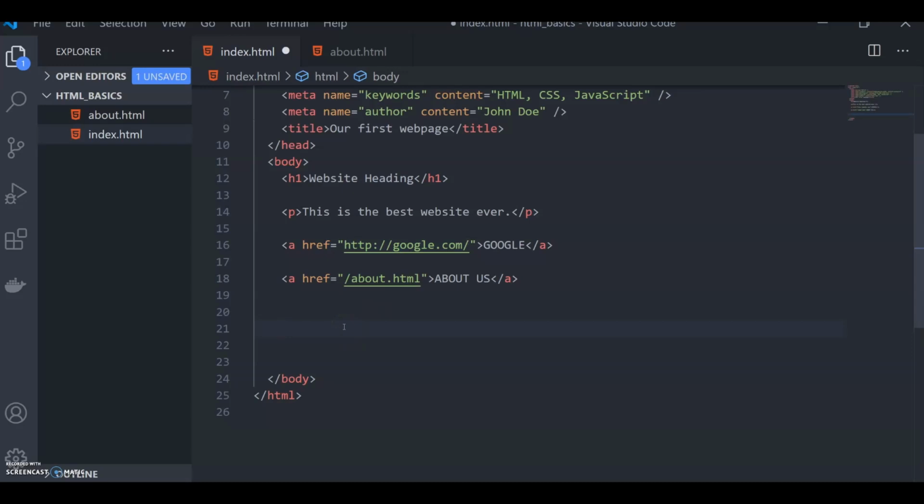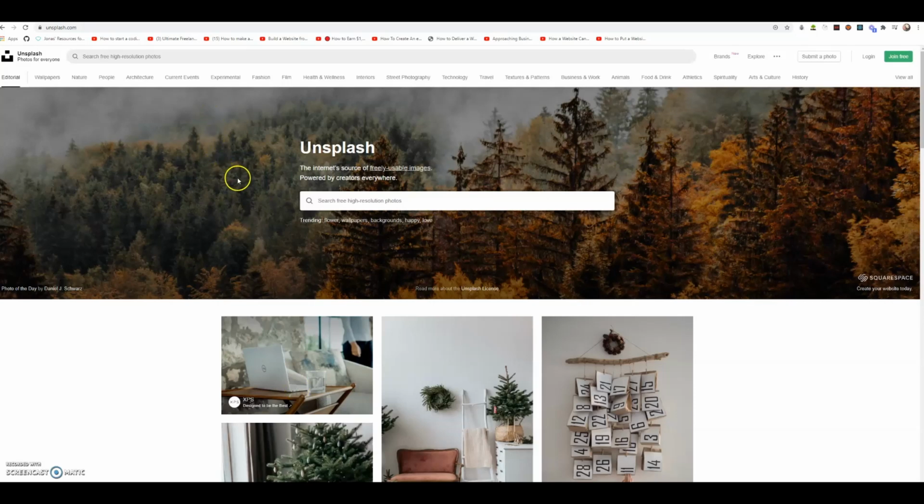Cool, so let's go ahead and add a couple of images onto our web page. And I'm going to show you guys two different ways of doing this. So underneath our tags over here, our anchor tags, I'm going to make an image tag, so that's just img enter. And then the source, or the src attribute for this image tag, I'm going to get from this website, which is